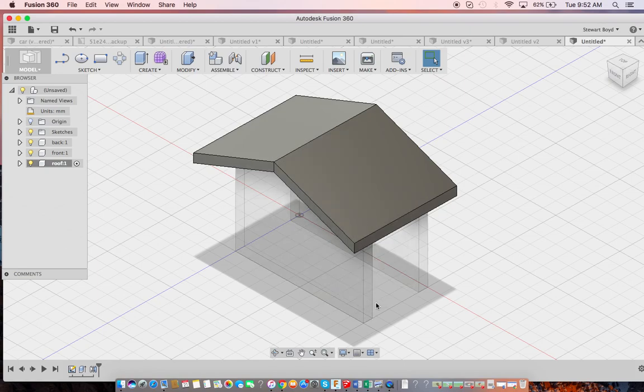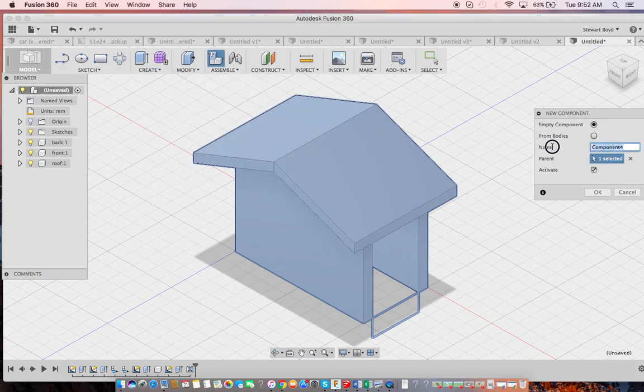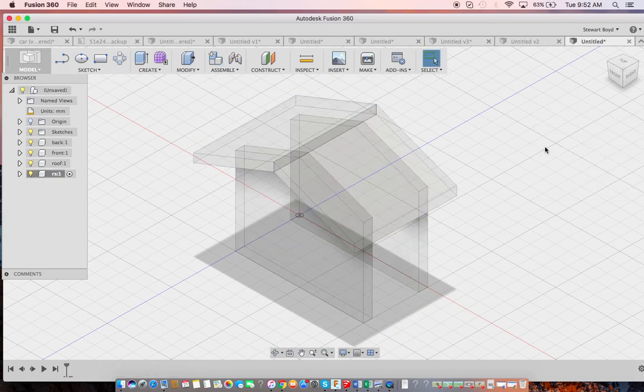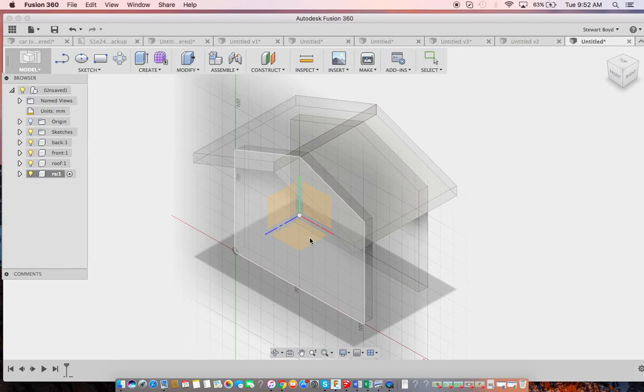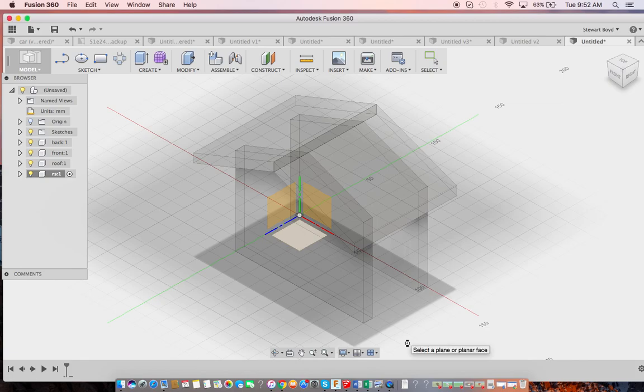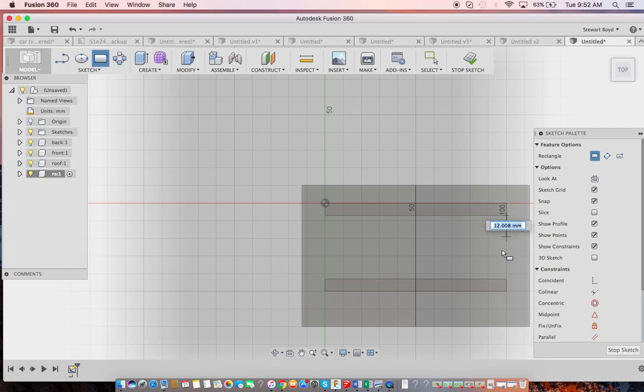So the next thing to do is to put a couple of sides in here. I'll show you how to do one, then you can figure out the rest. So activate the top component, create new component, and I'll call it RS, right side, and create sketch on this bottom plane. Now I can't click on this bottom plane. If I come down, I can do it that way. So I'm going to create my 2-point rectangle from here to here, and I'll make that 7